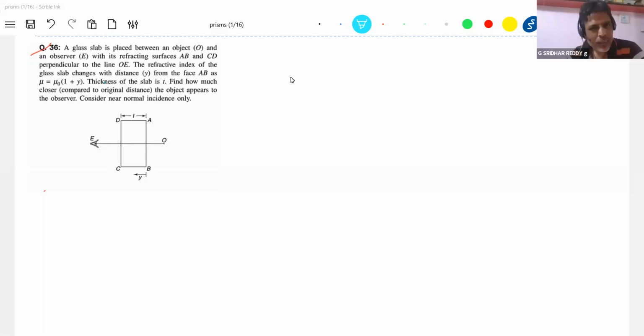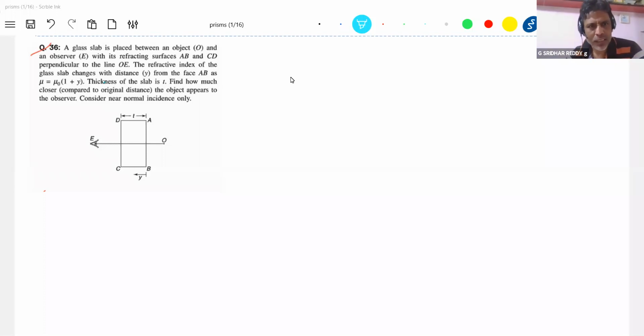So we will deal with today's prism concept, around 50 numericals of different kinds I picked up. We'll go through all of them, as many as possible. It's all about basic geometry, the triangle. Draw the ray diagram, apply Snell's law and get the relation between the angles. Here and there, some TIR conditions will come.